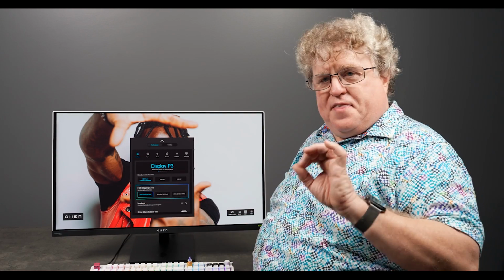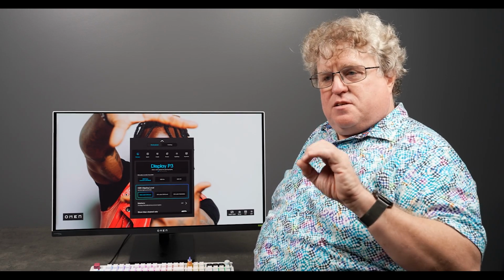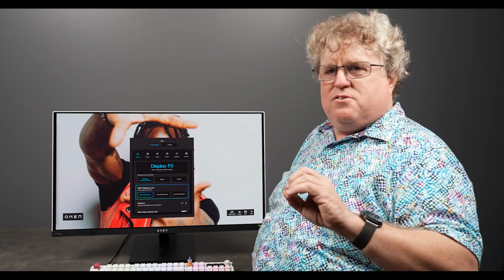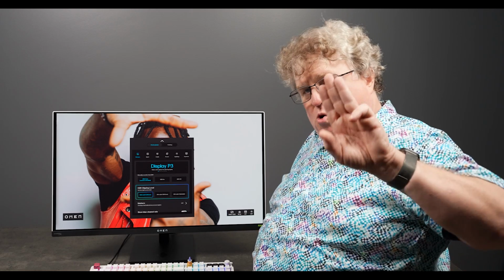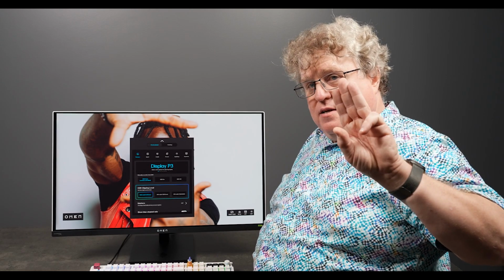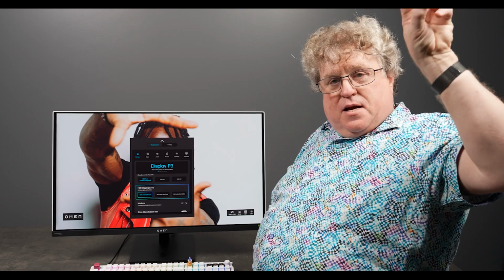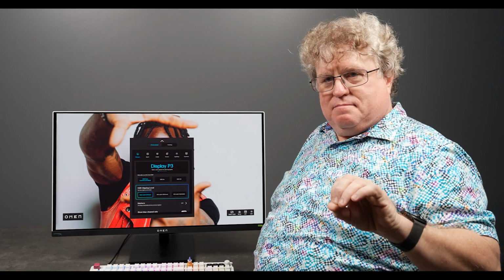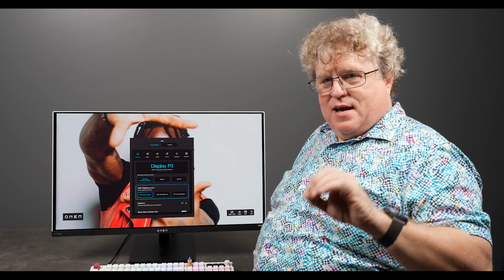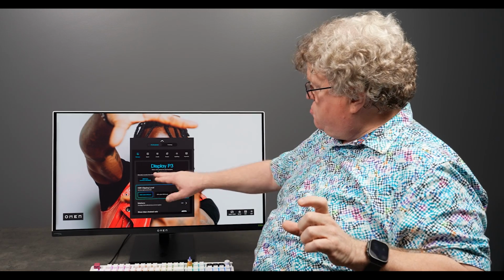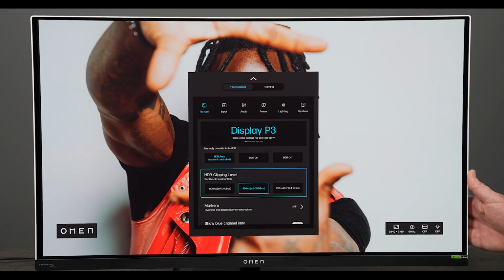If I set it to 1000 nits, this allows the monitor to get up to 1000 nits of brightness, but only for a 3% box or average picture level. In other words, only 3% of the screen, like a pinpoint, can be at 1000 nits. And that's actually a fairly big box if you do the math. It's about this size. In an OLED monitor, as my spot size grows, I am automatically going to start clipping the scene, and the max brightness starts lowering.